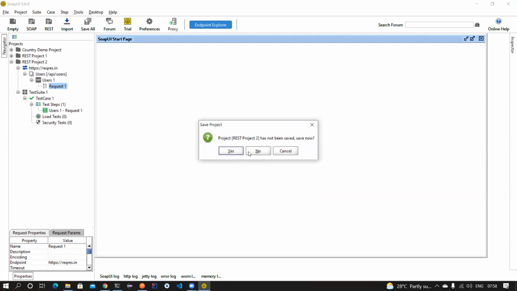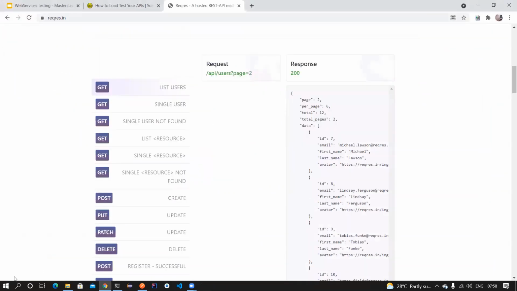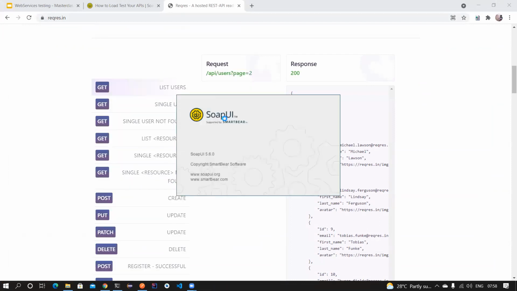If you want to save this, you can save this. Maybe I will save it now. It will just save it in an XML format. Let's just click on OK and then open it again. Sometimes it will be like this. It won't open properly. In those cases, you need